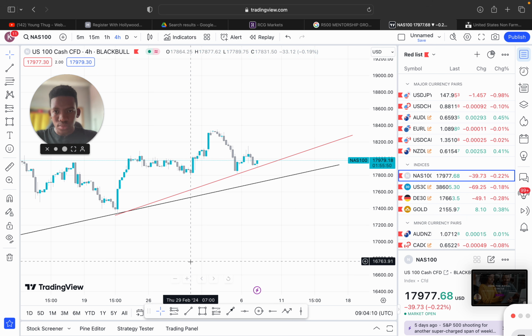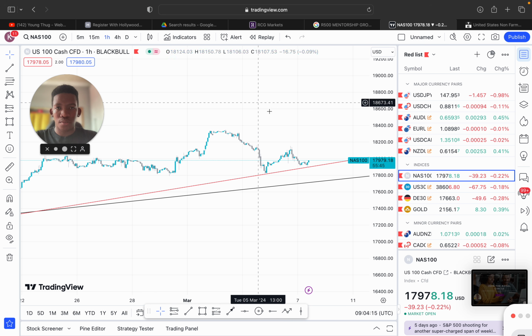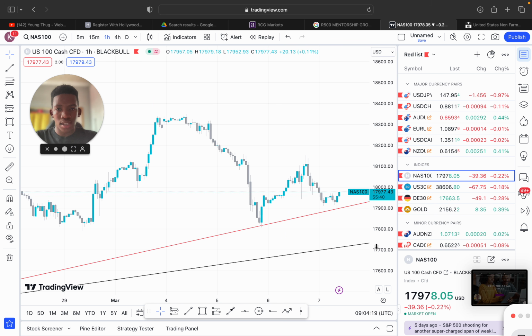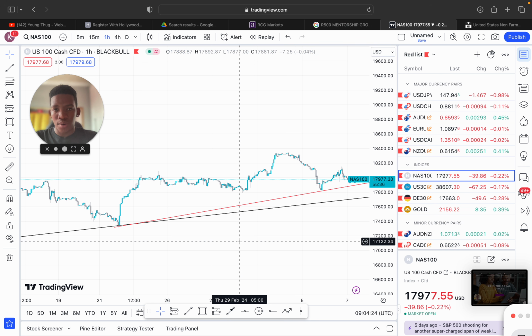So when we head down to the 1 hour time frame, that's when we're looking for our entry points, and you can exactly see that on the 1 hour time frame we can already enter this trade right now, because on the 4 hour candlesticks